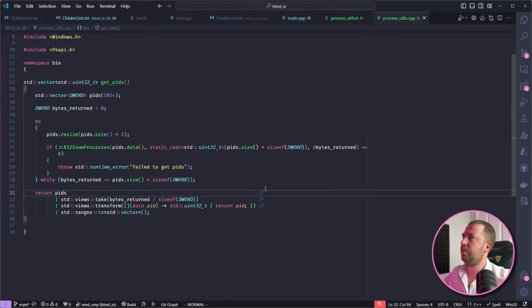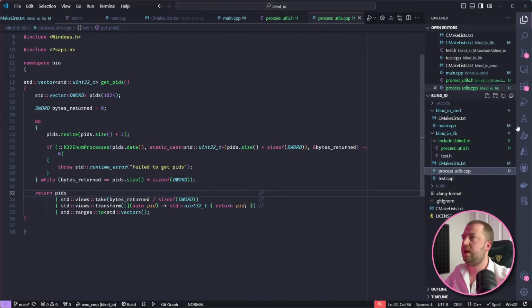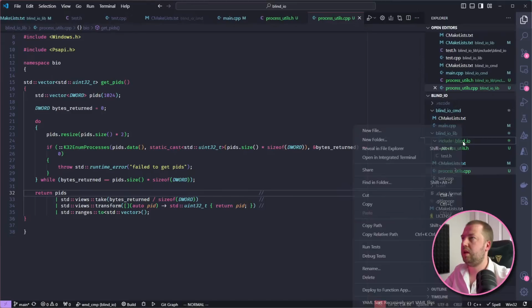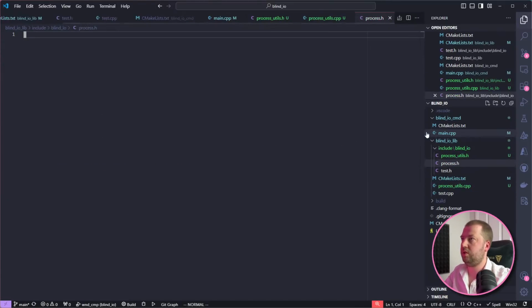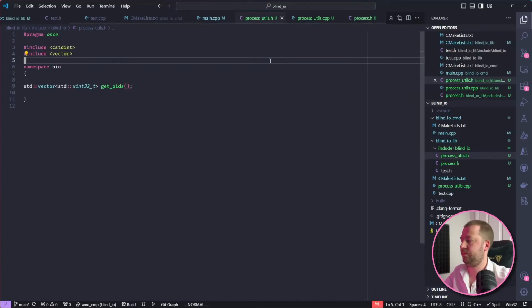Okay, so I think now we want to start building out a bit of an abstraction. We want to be able to take that PID, put it in a class, and then through adding methods to that class, we can start to interact with that process. So let's create a process.h and then